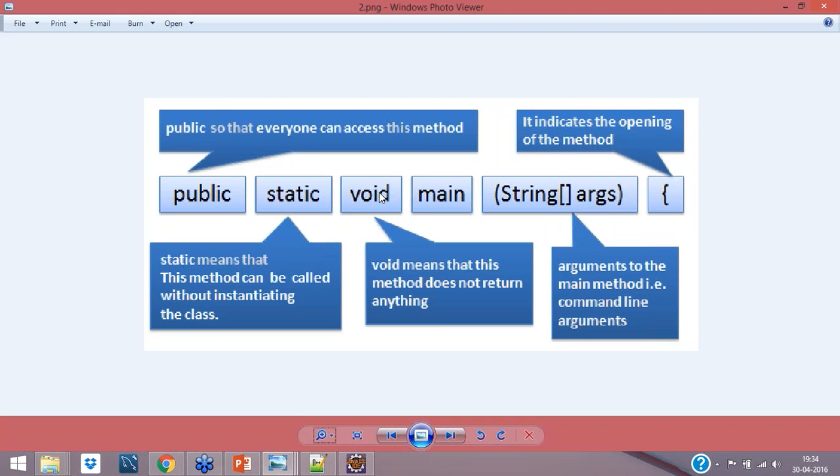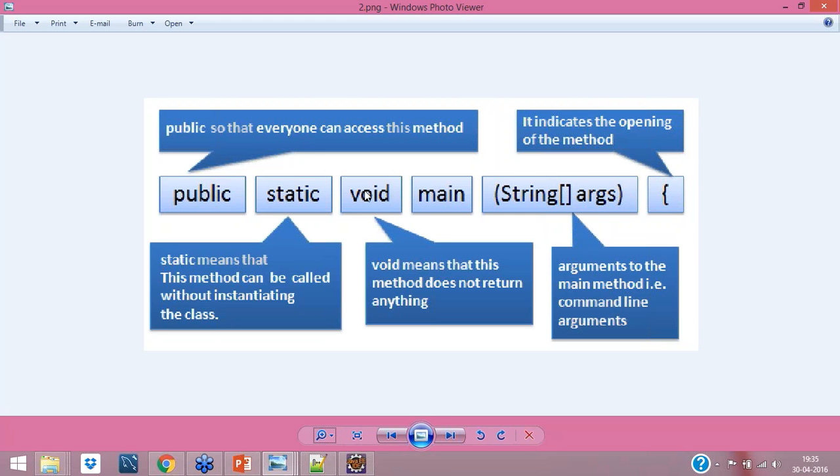This return type will not return you anything. Void means you don't want to return anything. If it is int, you will return an int value for the particular function. This is a function, the main function. So this function will give you a return type of integer if it is int.